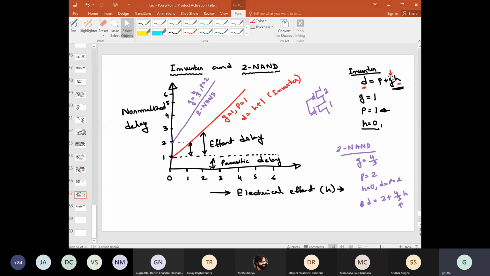So we have tried to plot it for the inverter. We know this equation. From this we just have to substitute the values of G and P, then you will get the equation. From this we have also seen that for this two input NAND gate it will be like this. So I hope if you are asked to draw the characteristics of this two input NOR gate or three input NOR gate, or two or three input NAND gate, in this same plot, you should be able to do that.